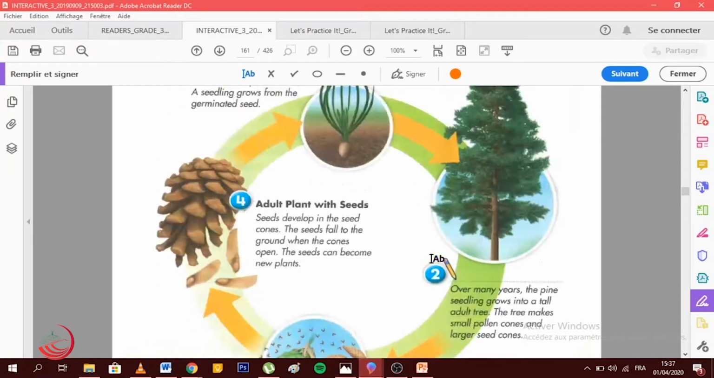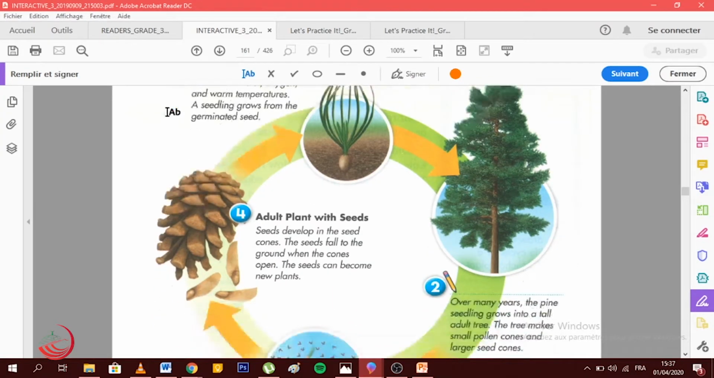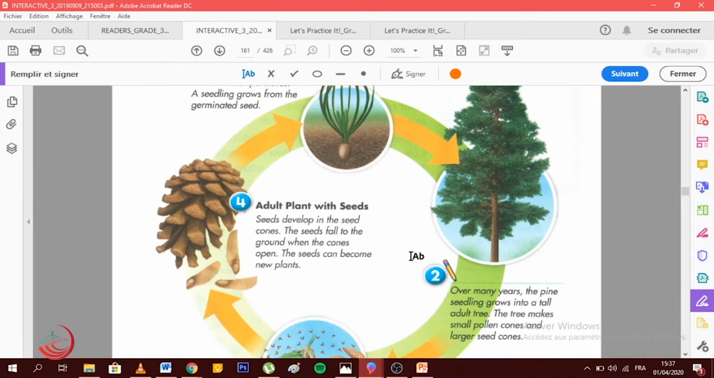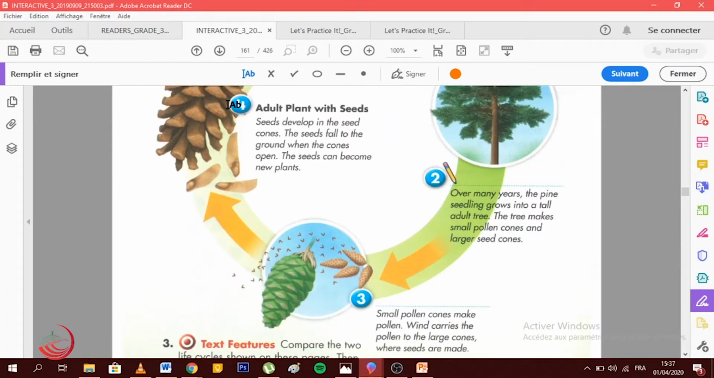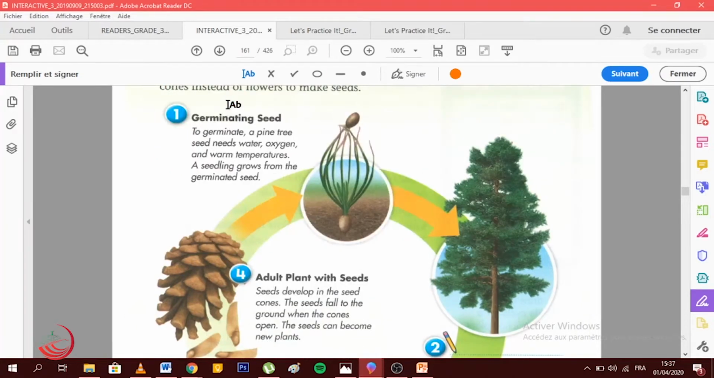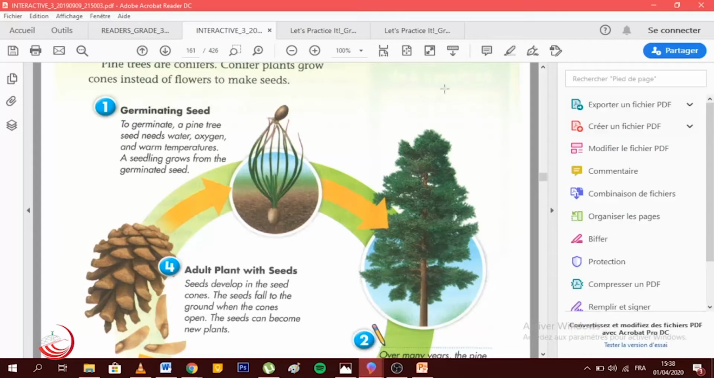Okay? The first stage, so as you can see, we have 4 stages. Number 1, number 2, number 3, and the last one, number 4. So let's read number 1. Germinating seed. The first one is germinating seed. To germinate a pine tree seed,